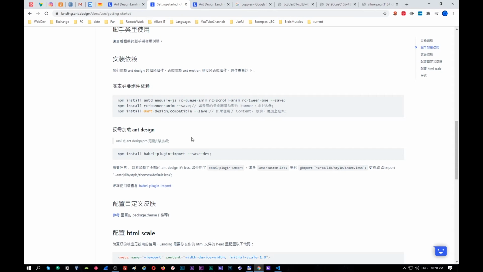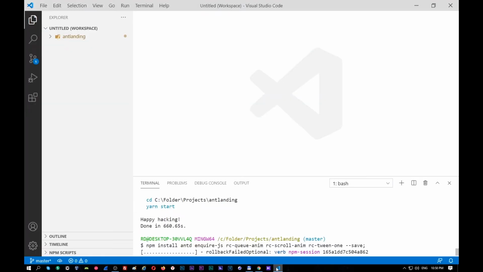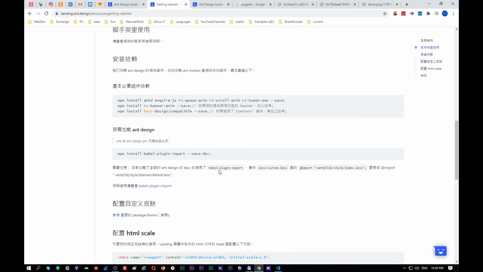Well, I have a weak internet connection, so I will interrupt the video because I don't want to keep you waiting. So you install these three strings. I do this one by one. And after that,